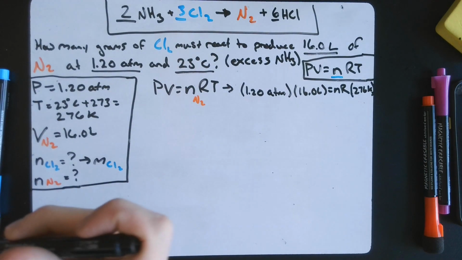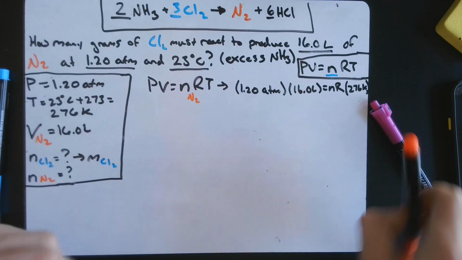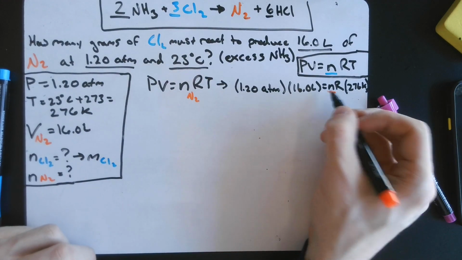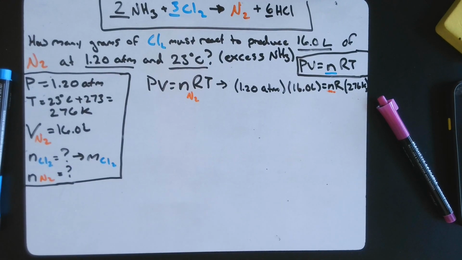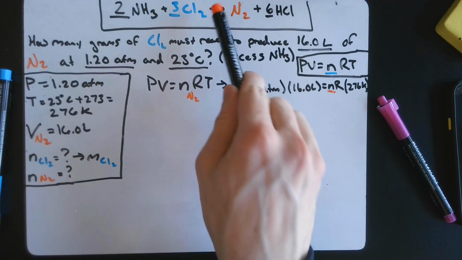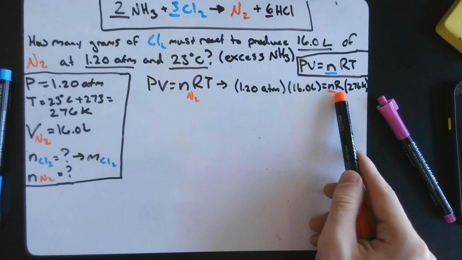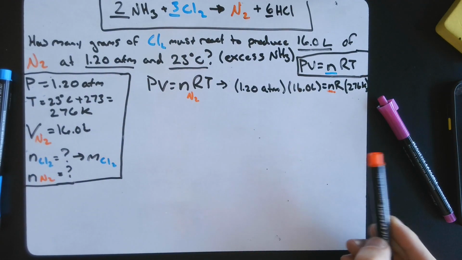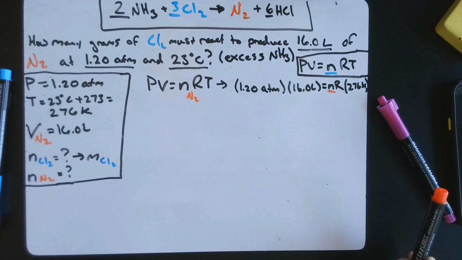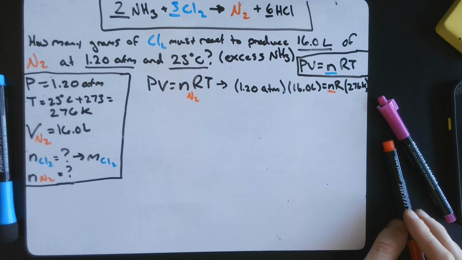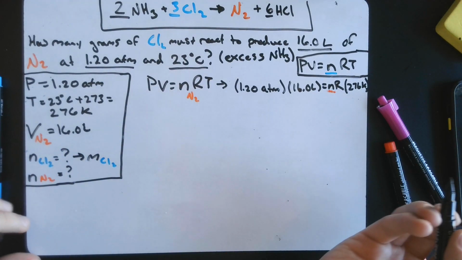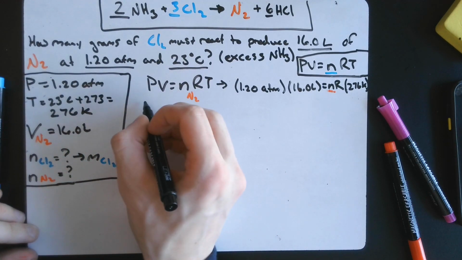And you can solve for N, right? Our goal here is to get moles of nitrogen by the end of this problem. It's kind of like we're paying in moles to cross the mole-to-mole bridge in order to get moles of chlorine, okay? And I guess if I were to set up all this algebra, you would get